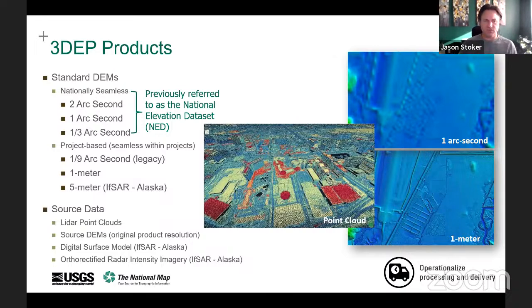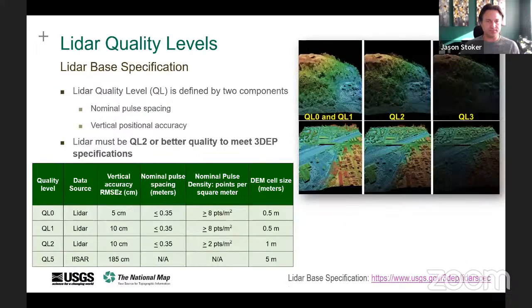And then that feeds into what we used to call the National Elevation Data Set, which is seamless elevation data at these different resolutions, primarily the 1/3 arcsecond, which is about a 10-meter resolution, and a 30-meter data set, which is the 1 arcsecond. So there's a wide range of products that we make available, and they usually are pretty much interconnected in terms of the source data that fed into creating those downstream products.